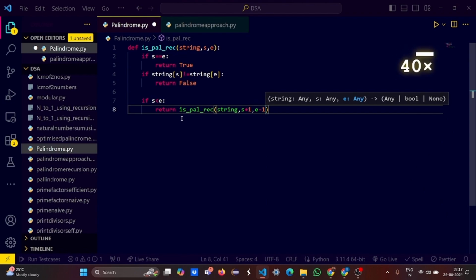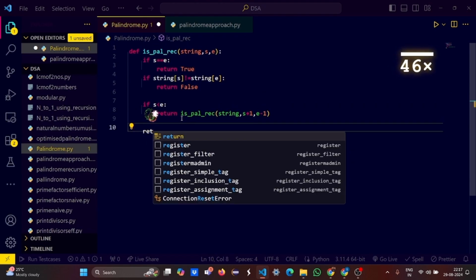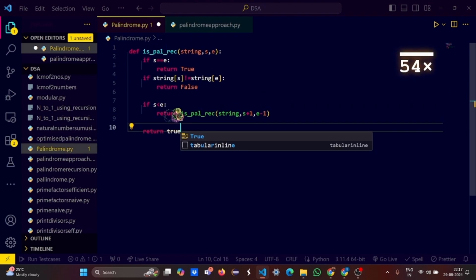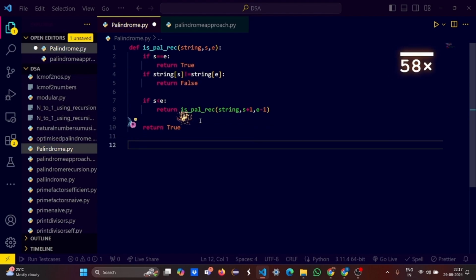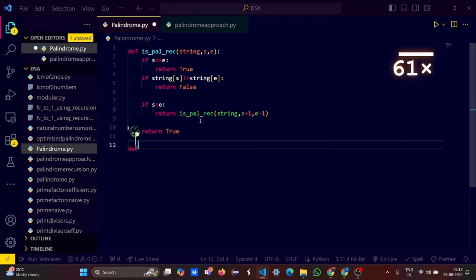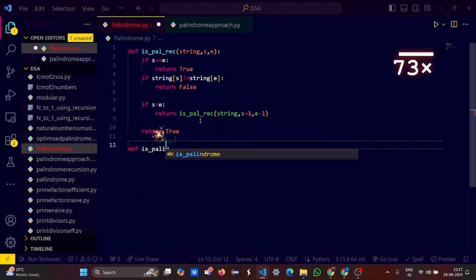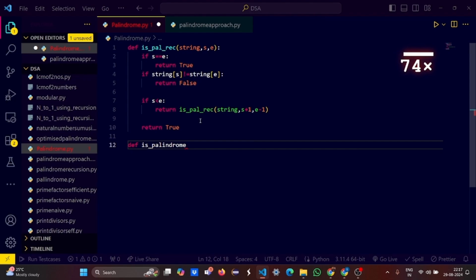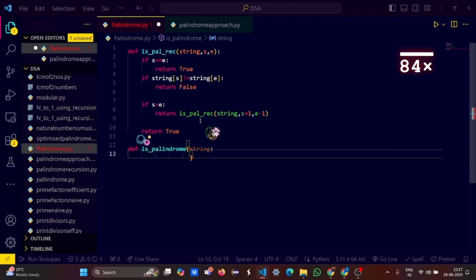Then let's return true. Okay. Done. Now let's write the palindrome function. Let's write a string.